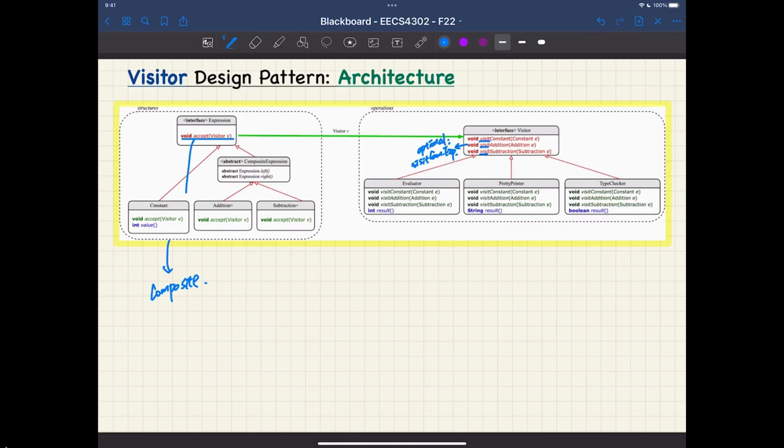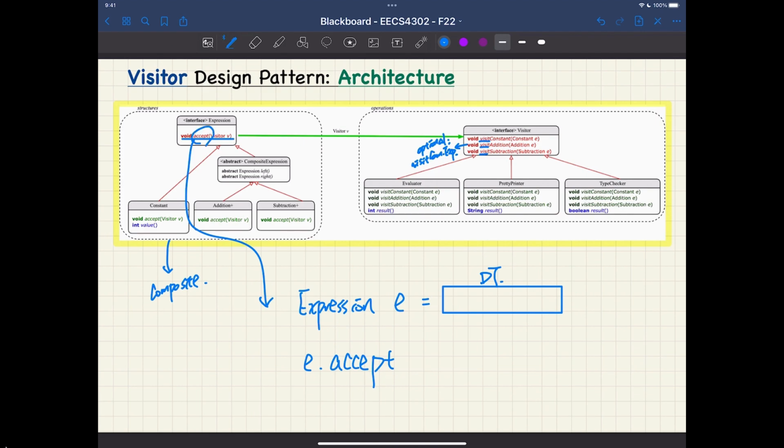If I say expression E, which will be of certain dynamic type, which can be base or recursive, and if I say E.accept,